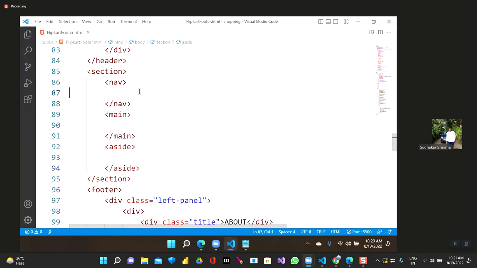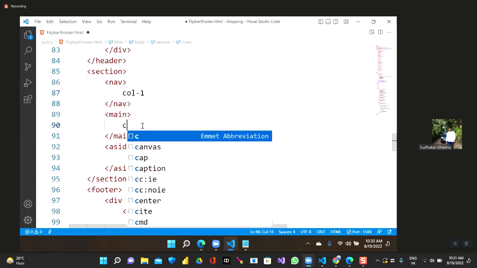You see here now, just for your understanding, say here column 2, and here I will put column 3. And you can see three columns are